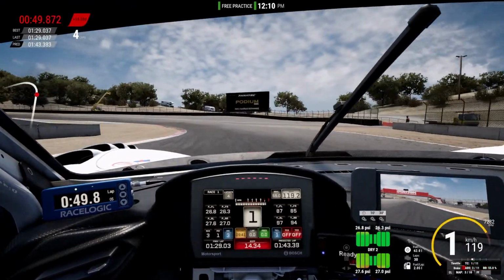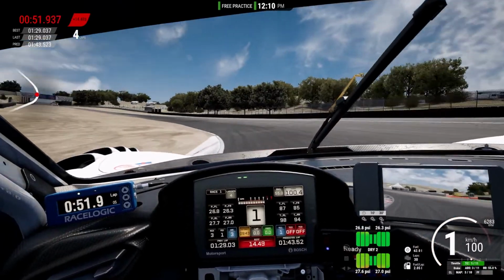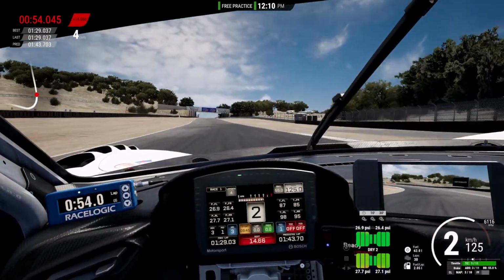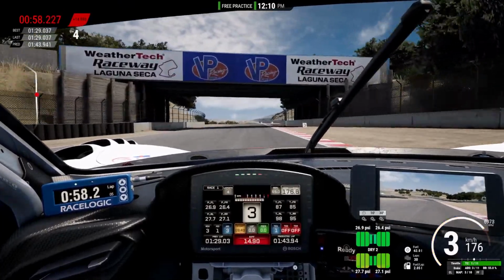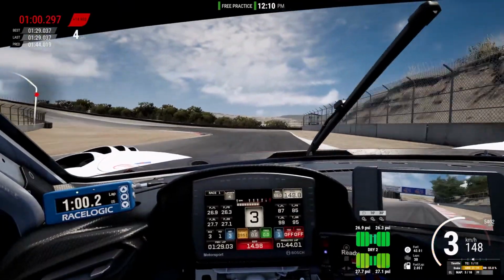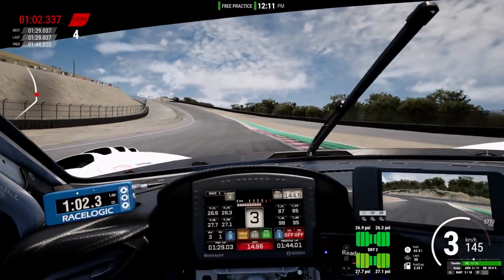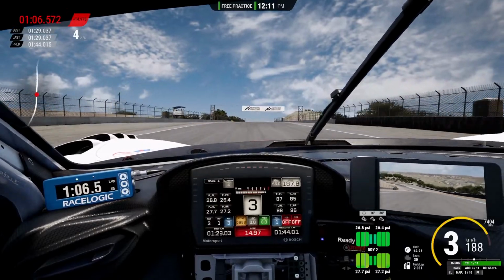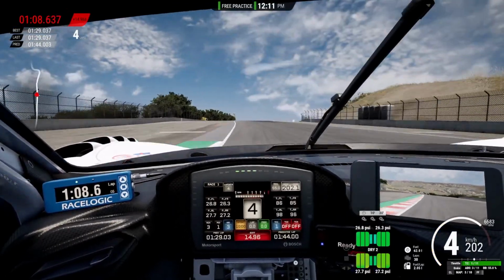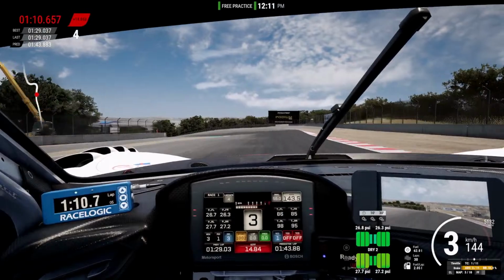I say this is my first time playing ACC, but I've done quite a bit of research on this game, like tuning memory and stuff like that. But as far as driving, it's my first time doing that.